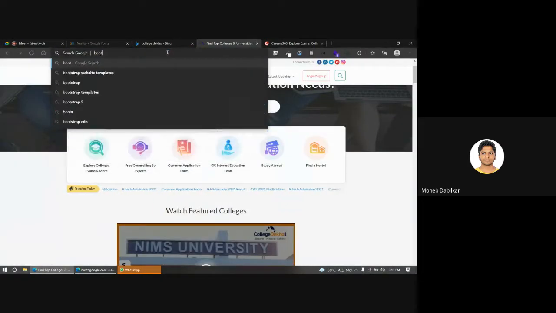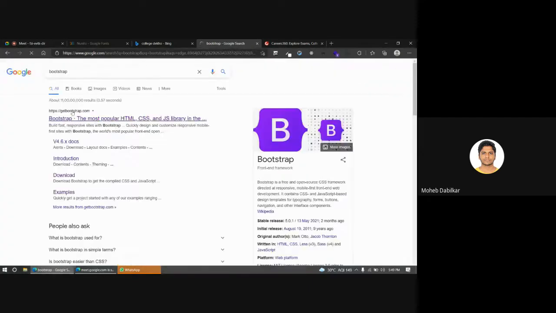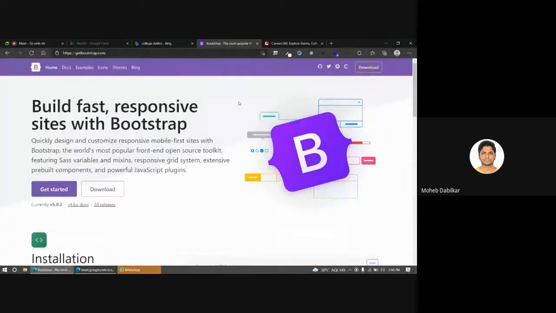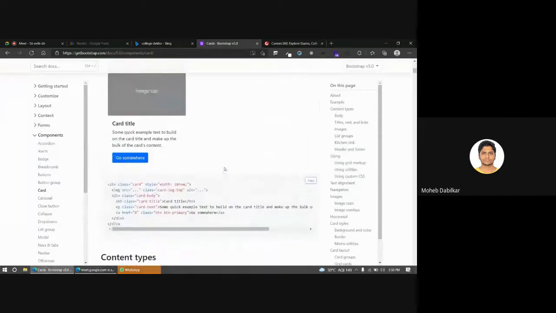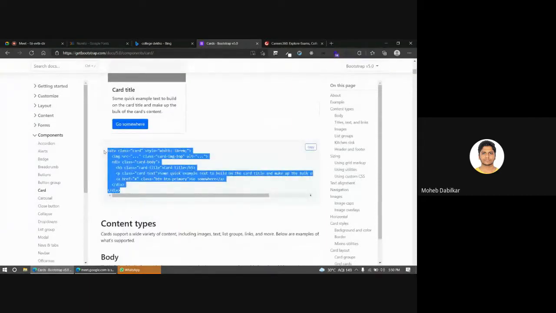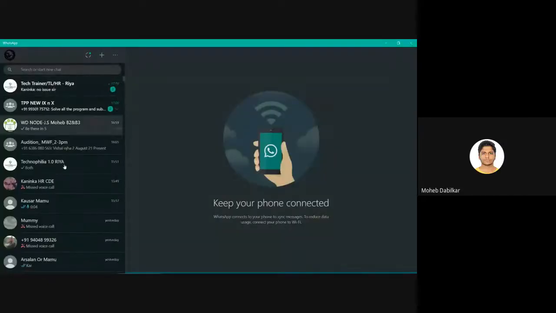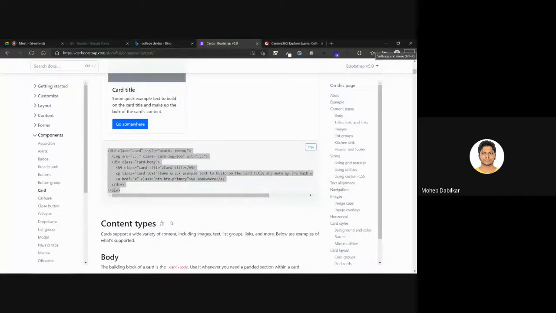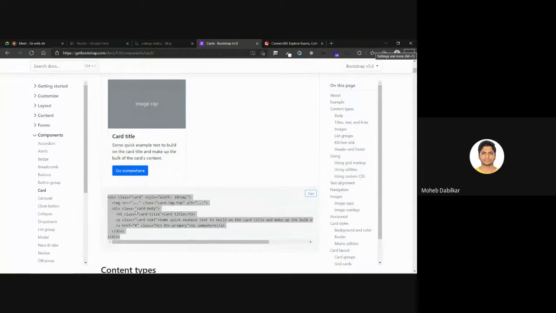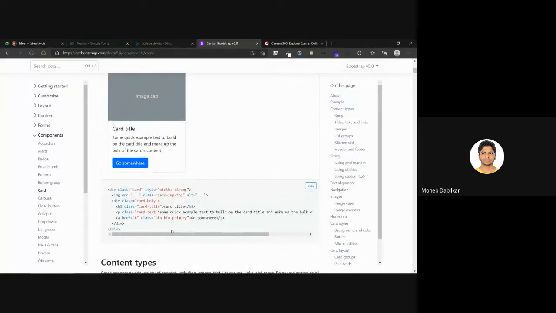Just go to Bootstrap, okay? And once you click over here, go to get started and search for, let's just say I'm building a card. All you have to do is copy this and paste it wherever you want. Not inside WhatsApp or anywhere. You're supposed to put it somewhere reliable where you can use it, so in CSS and all places.